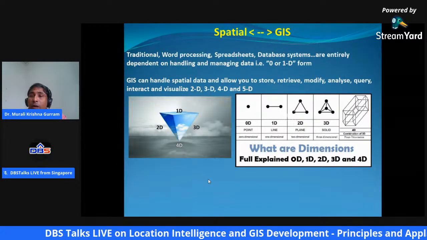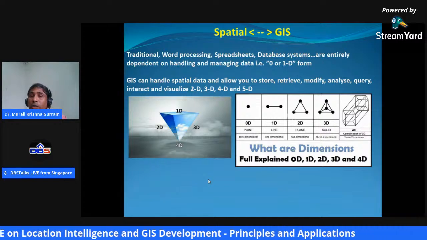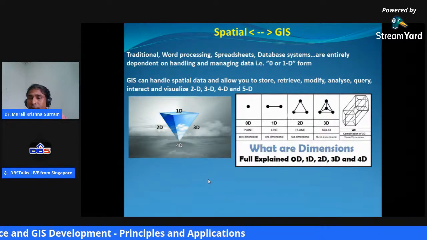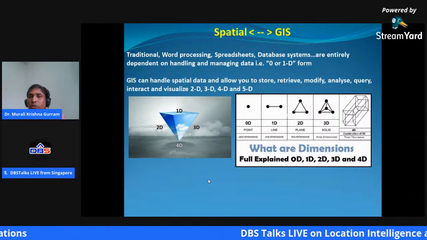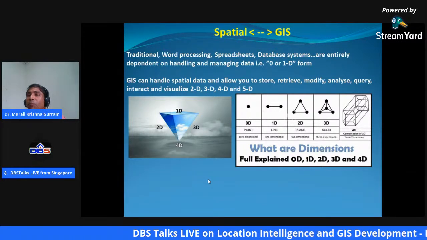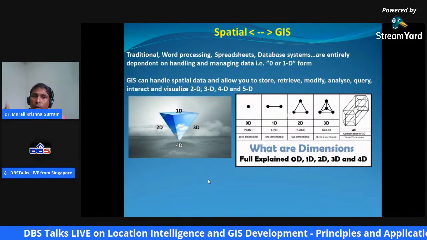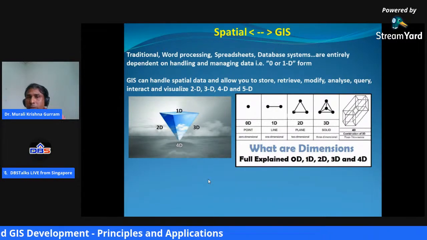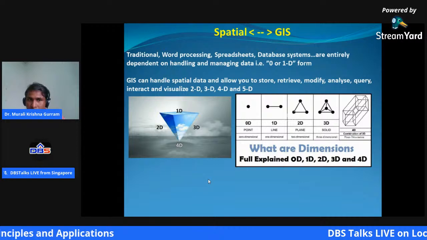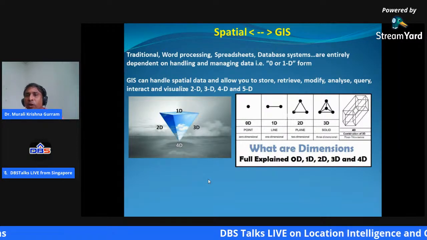The fifth dimension talks about the outcomes of the interaction between these real world objects, that is some change. It talks about some change that we call temporal. It means you are comparing a specific phenomenon in space at a specific point of time to another specific point of time.